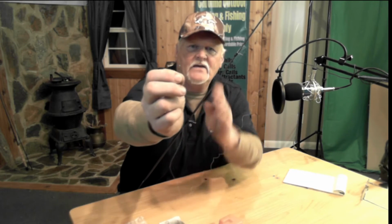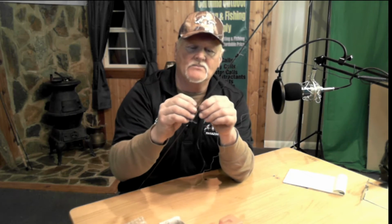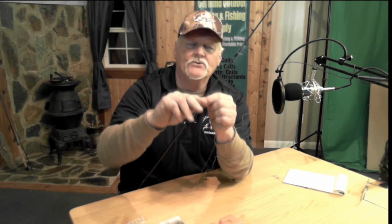Always try to get a circle hook that has a little curl to it. I've done this in demonstrations before, and I don't know if the camera can get close up enough to see that little curl, but that thing has a little curl, and that just helps that hook get stuck when it comes out. There are circle hooks out there that don't have that, and you can put the hook between your